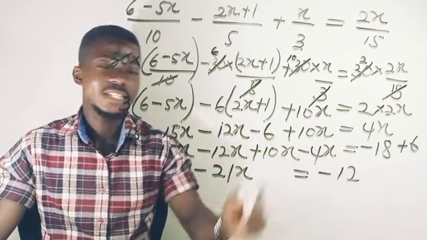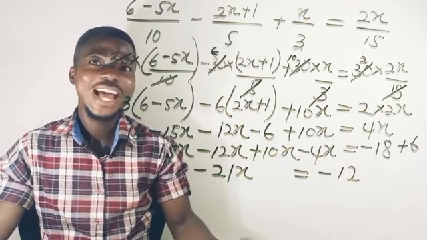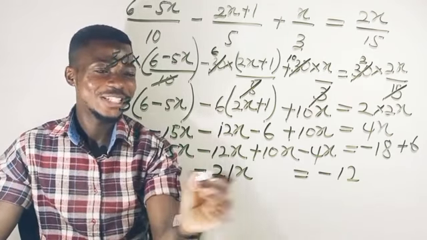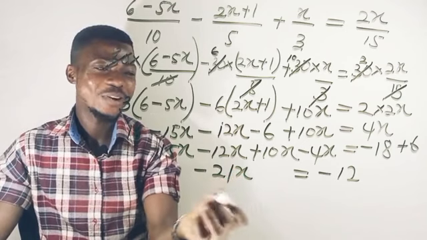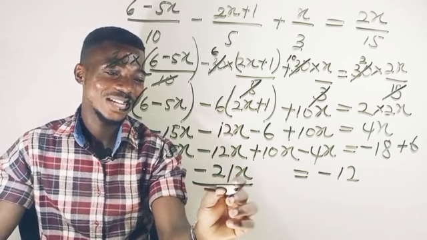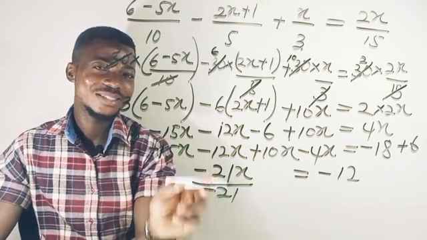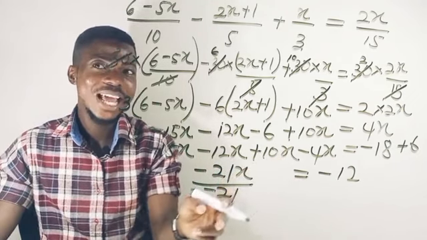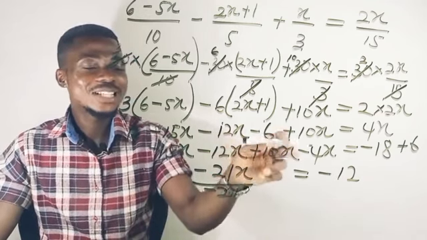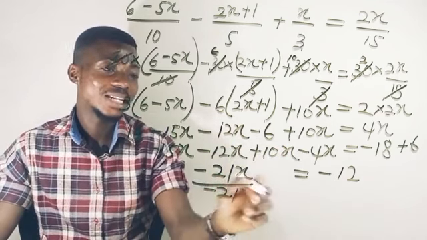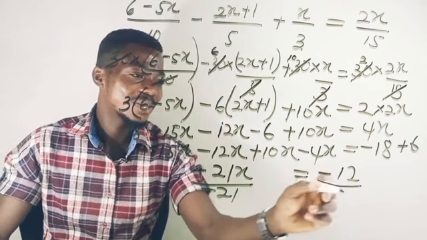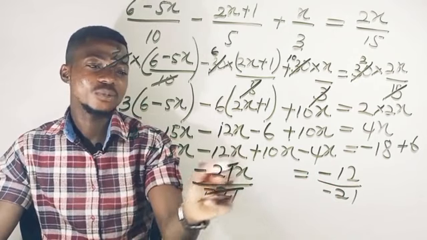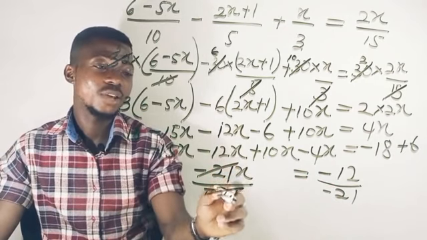Yeah, negative 12. All right, so now what are you going to do? You know it. Tell me. Great. You're going to divide this one, okay, by the coefficient, which is negative 21. Yeah? Then when you do this to this side, you got to do the same to this one, because he's going to say, hey, I don't like that. You got to do something to me. So now if you divide here by negative 21, you have to divide this one as well by negative 21, okay? So this one cancels that, right? Then you have x